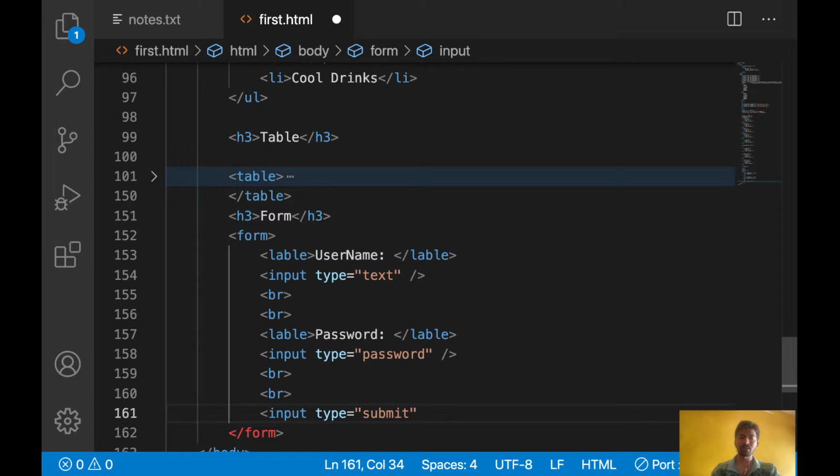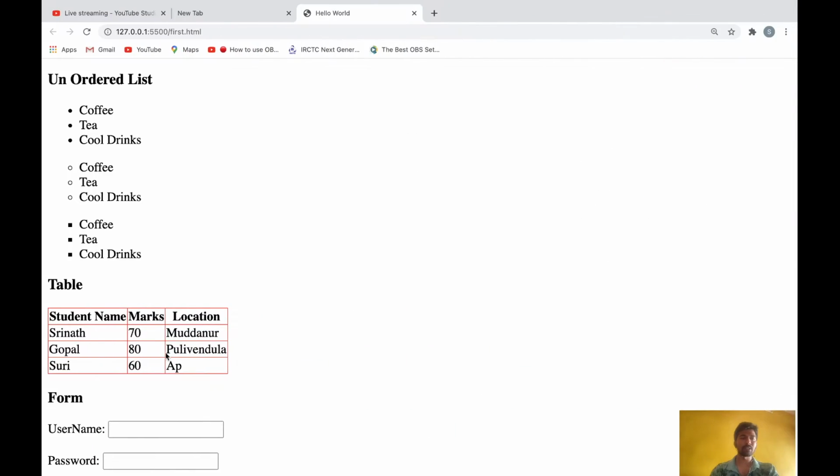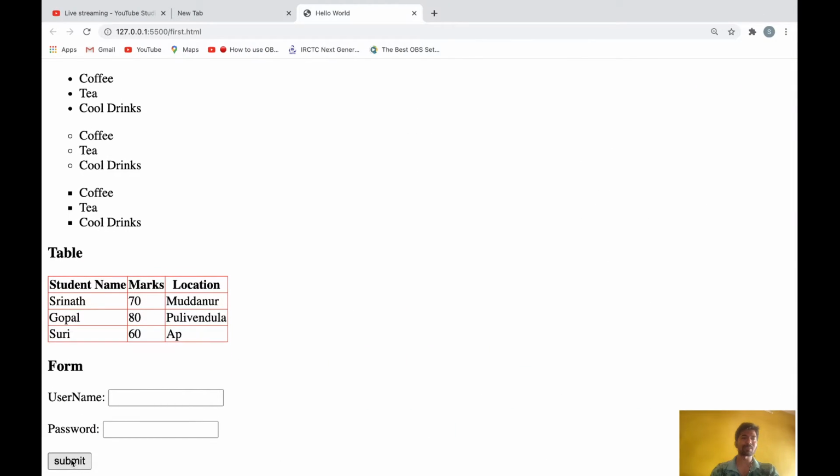Then here you will give the value, some submit. See, here the submit button is coming. So that we can submit this form to the backend, so that we can save these details to the backend.